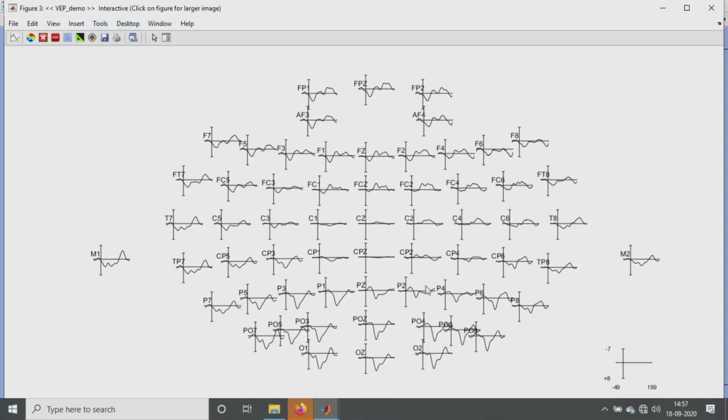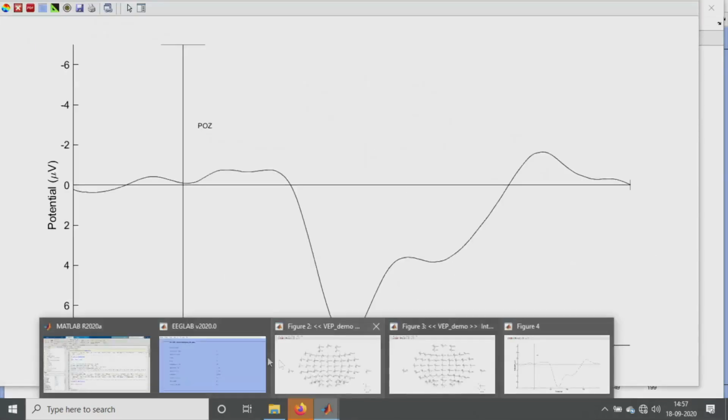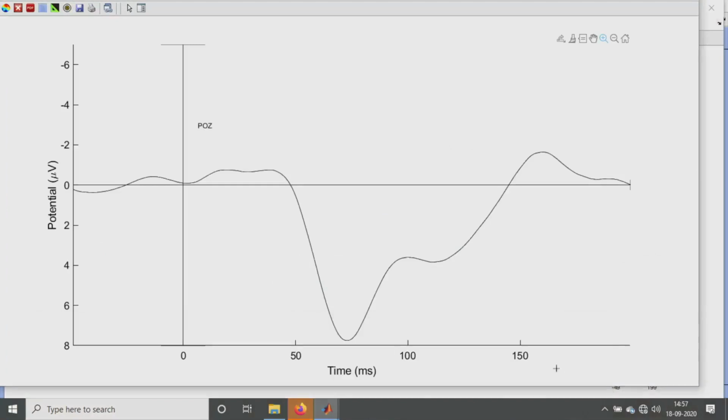Here this is a positive dip and this is a negative up and again a positive. So this should be the N1 response and this should be the P1 response. It's not a proper VEP, but this is how it should look. There is a proper N1 P1 response that has been obtained.